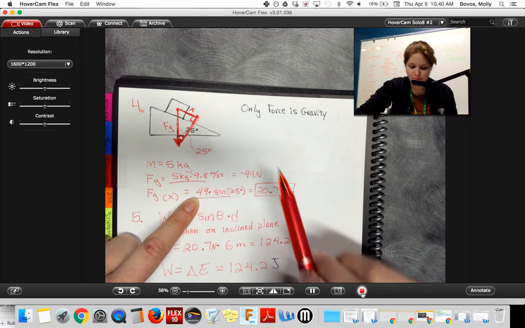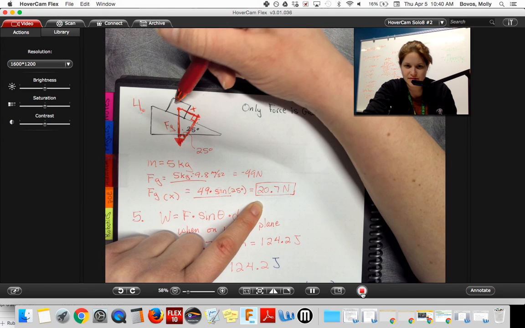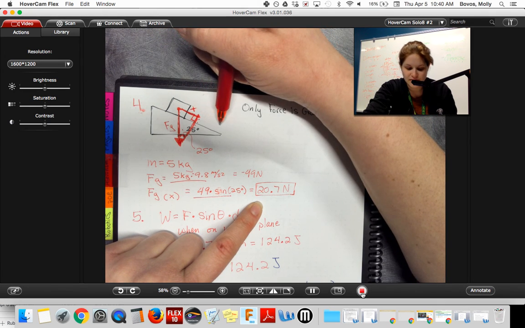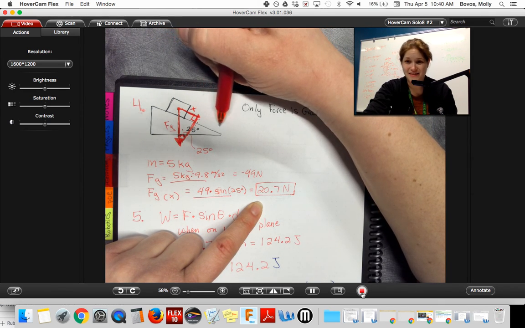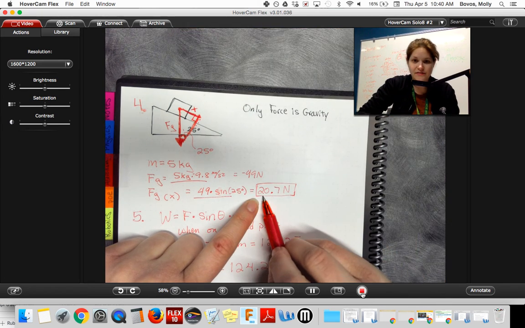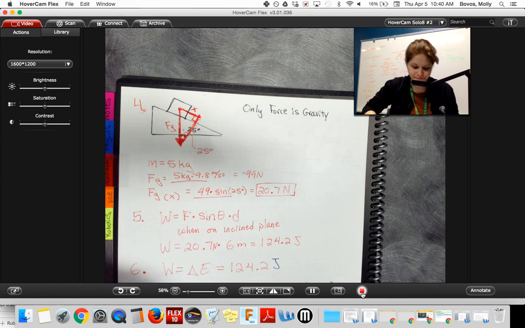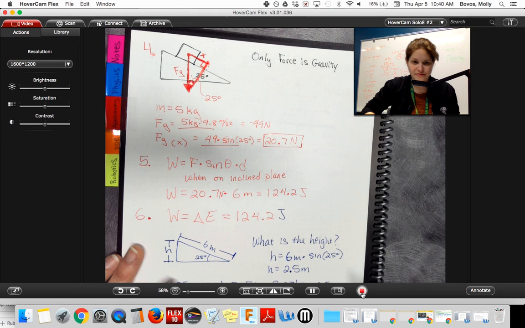I get 20.7 newtons. Now technically, if we're thinking about this as my x-axis, this is pulling to the right on the x-axis, which we consider the positive direction. So I'm going to go ahead and leave this as a positive 20.7 newtons, okay? Then with number 5,